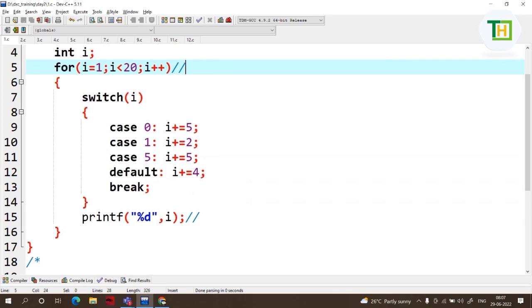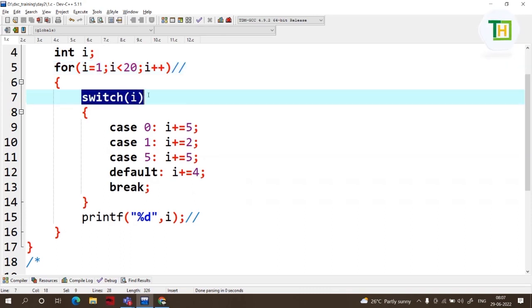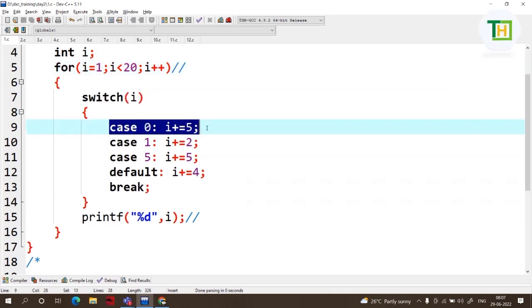If the I value is 1, switch of 1, it is not moving into case 0 now, it is moving